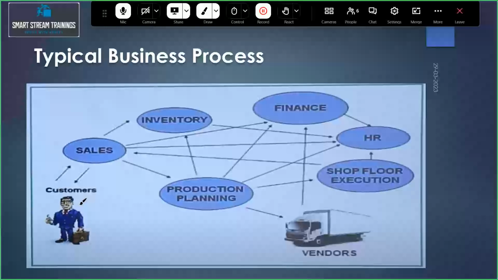Assume you are a customer. You need to purchase a car. Your requirement is to purchase a car. You have a budget of 10 lakhs. So what is your first activity, your first step? Just assume you are a customer with 10 lakhs. What is your first step to purchase the best car? What are you doing with this money? What is your first step to purchase a car?